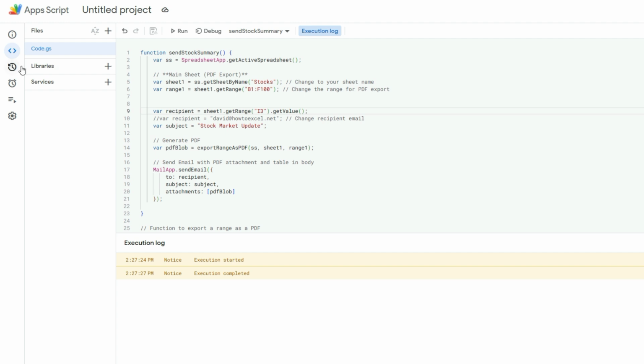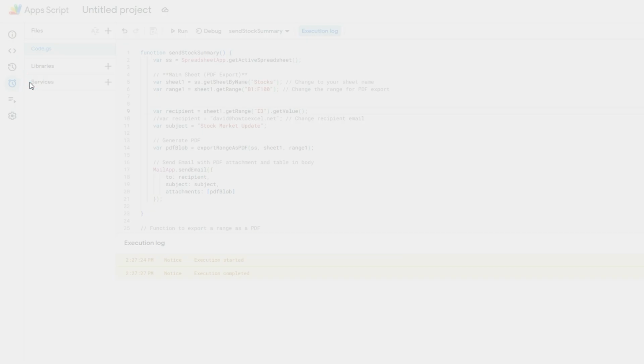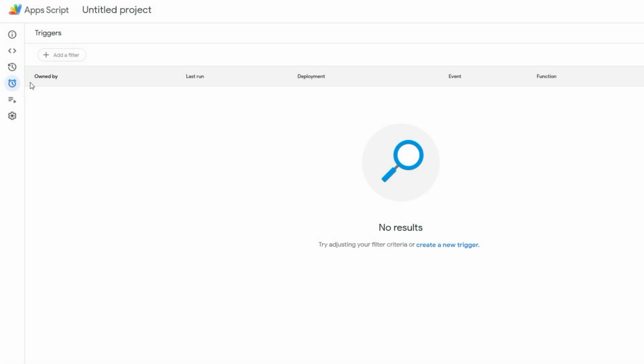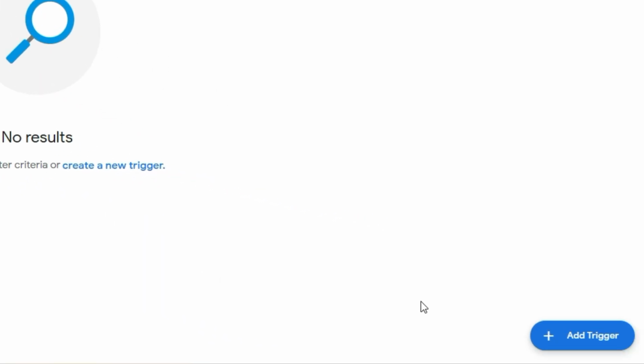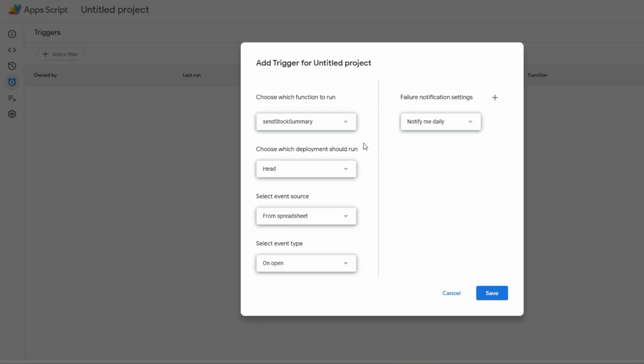So if you go onto the side here, you'll see there's options here for triggers. If I go under here, I can create a new trigger. Down on the bottom right hand corner, there's an option to add a trigger. And so I can select which function I want to run, so ensure you're selecting the right one. I want to run the main one, which is the send stock summary. And then these other options we can leave the same. The event source is going to be